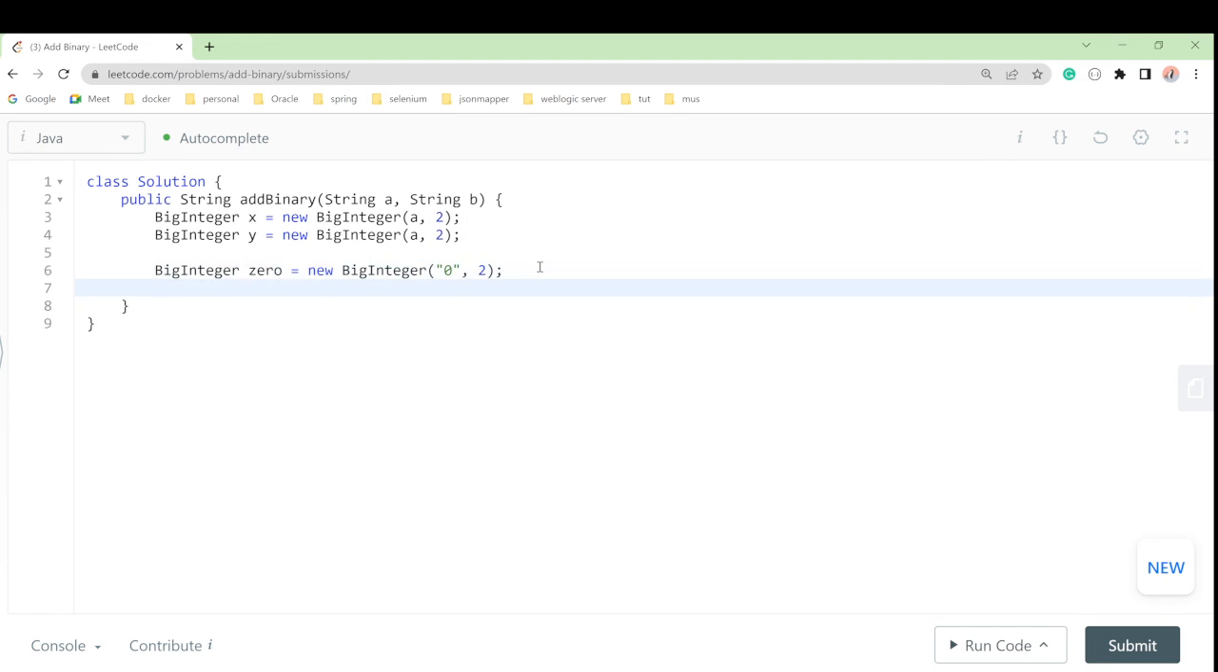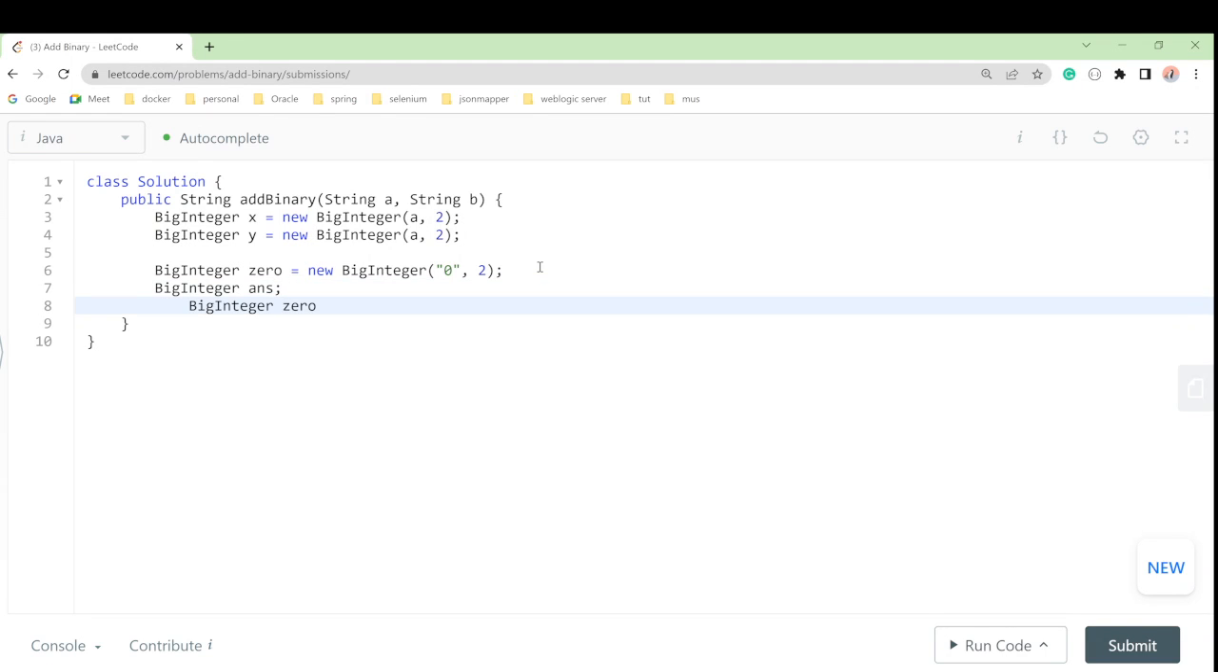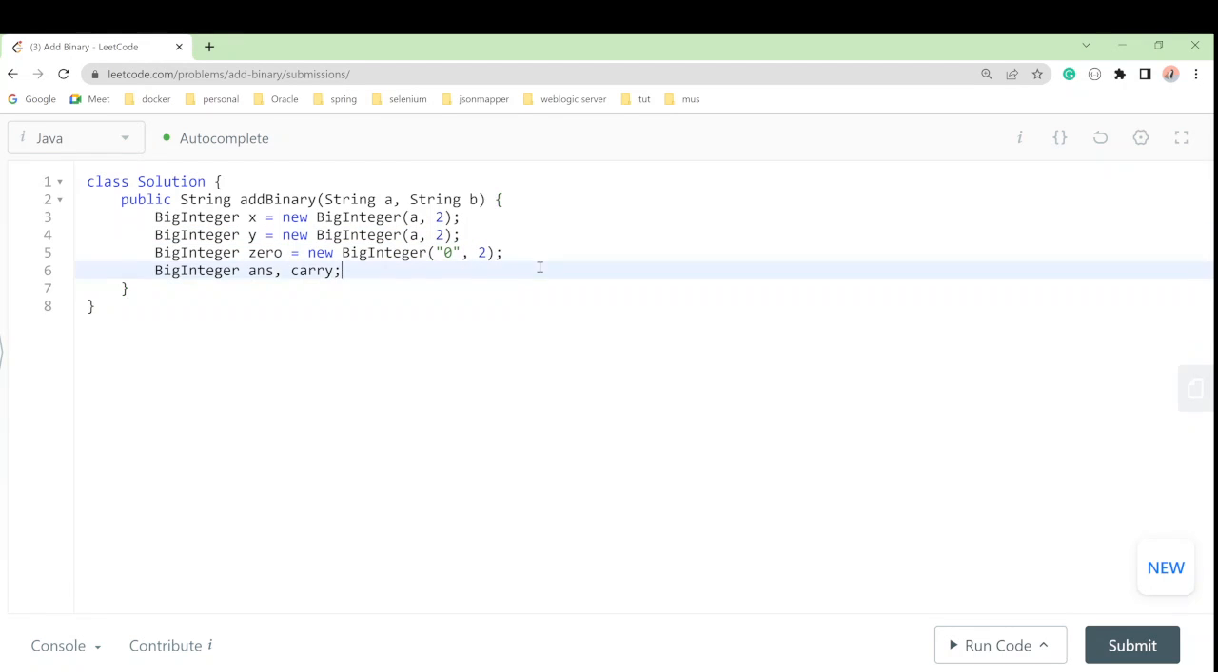I'll take two things, and we have to make the loop, right? First is our answer, and we'll take one carry. Answer and carry we have taken. X and Y we have already converted. So let's see this one. Now what we should do, now we'll make a loop and we'll see while